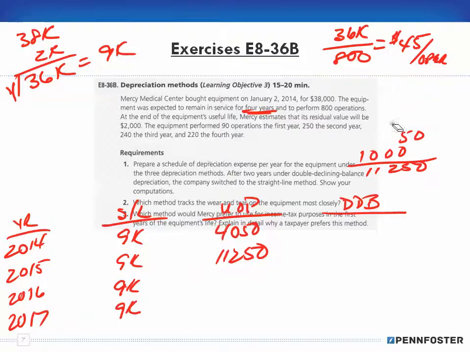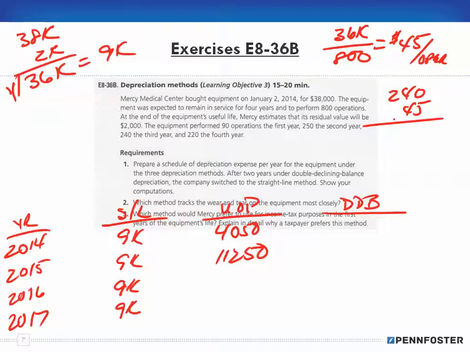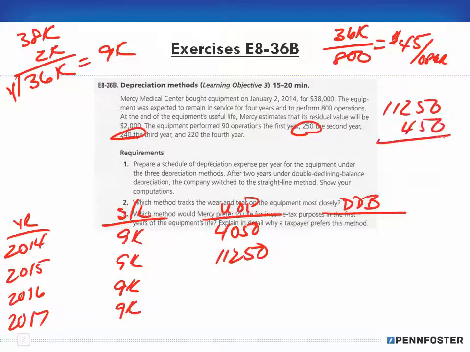Okay. In the third year, we have 240 at 45. So watch what I'm going to do here. We had 250 less 240. The difference is 10, right? 10 times 45 is $450, right? So I'm going to subtract the $450 from the 11,250, and I get